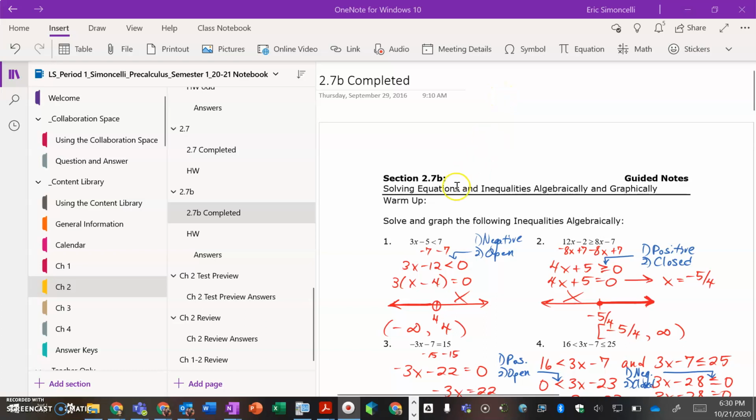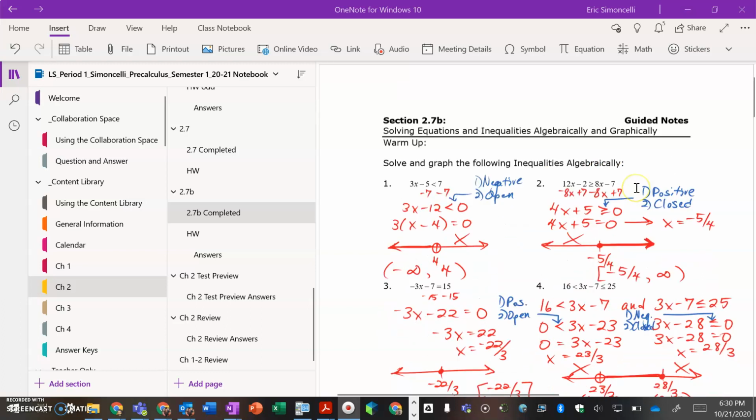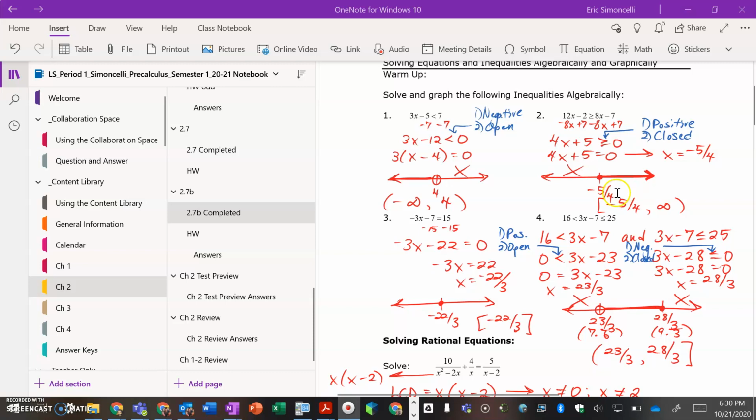Hello students, and welcome to section 2.7b, solving equations and inequalities algebraically and graphically. To start with, this is a warm-up, as you can tell, which I do want you to try out on your own. Just to highlight, we're going to be taking a look at inequalities of a whole variety